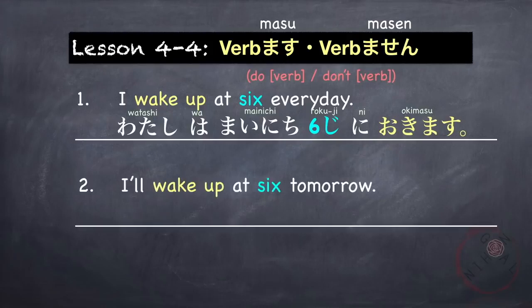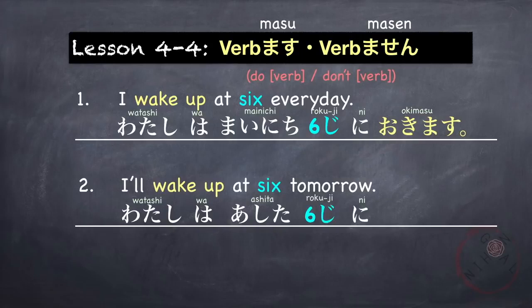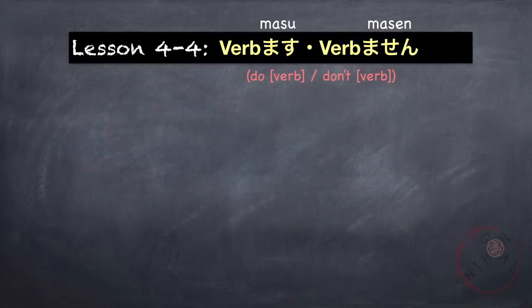You can also use this if you're talking about a future action. For example, I'll wake up at 6 tomorrow. 私は, tomorrow is 明日。6時に起きます。I'll wake up at 6 tomorrow. 私は明日6時に起きます。